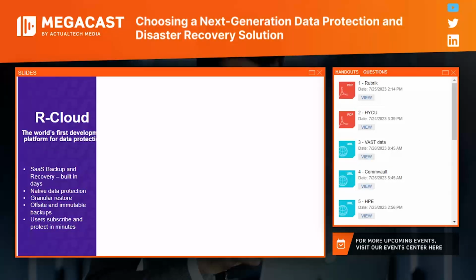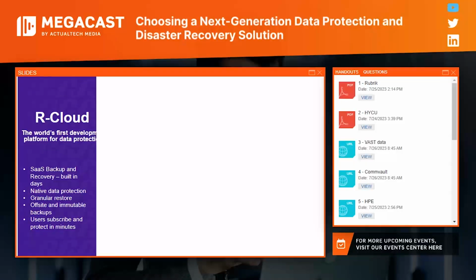So what we did is really turning around the chicken and egg story of how do you integrate with a SaaS application if they don't provide you the APIs for data protection. That's why we launched rCloud. It's the world's first development platform, a low-code development platform for data protection.